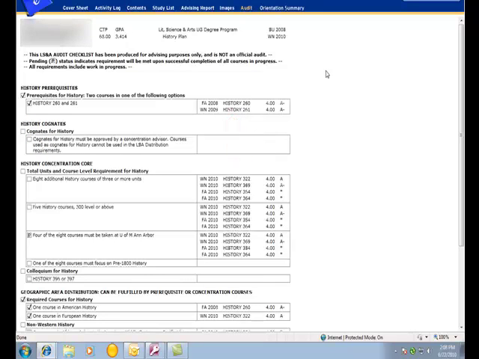If the requirement will be fulfilled by a course that is currently elected or in progress but not yet completed, then the box for it will have a P indicating in progress, and the relevant course, courses, or credits will be listed on the right. If the requirement is not currently fulfilled or will not be fulfilled with currently elected courses, then the checkbox will